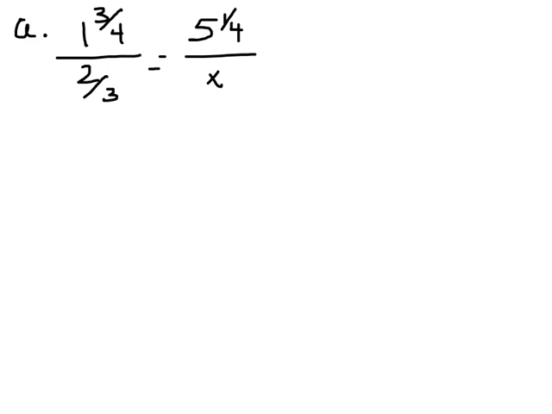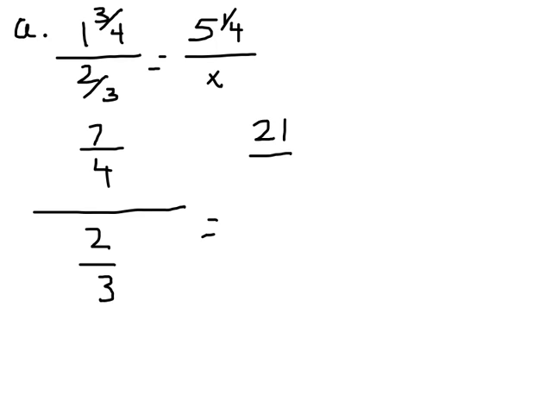Okay, not wasting a lot of time. Your first practice problem is 1 3/4 over 2/3 equals 5 1/4 over x. So let's turn these top two into improper fractions. 4 times 1 is 4 plus 3 is 7 over 4 over 2/3 equals 21 over 4 over x. Cross multiply,